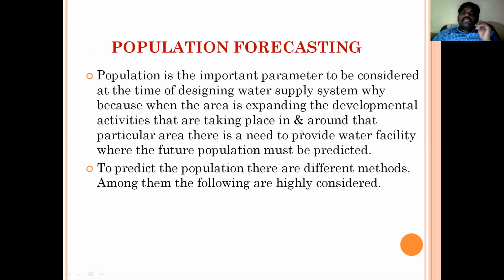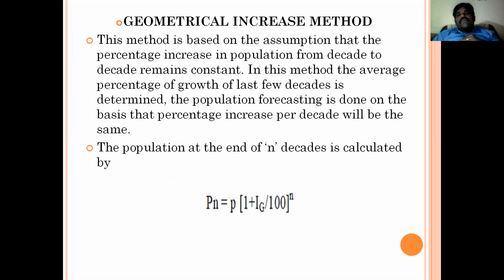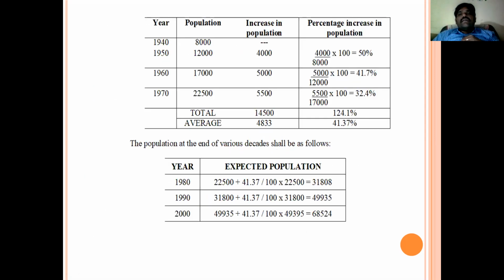If any doubt, take a pen and paper and go through these conversions. If you have any doubts, make a call and give me a message, and you can send a mail also. Even the formula here, population forecasting, nothing is there. Just go with calculations and find out the values, how you got it. Please make a call if you have any doubt,